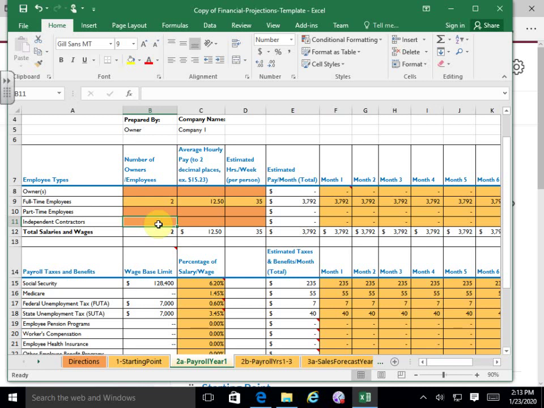I'm going to tell you, it's probably easier to show that as an expense. In other words, if I were going to hire somebody to do some web development for me, I'd probably just pay them a straight amount. You know, it's going to be XYZ company, and I'm going to pay them $300 a month or something to develop and maintain my website. That's going to show up in my operating expenses and not here.